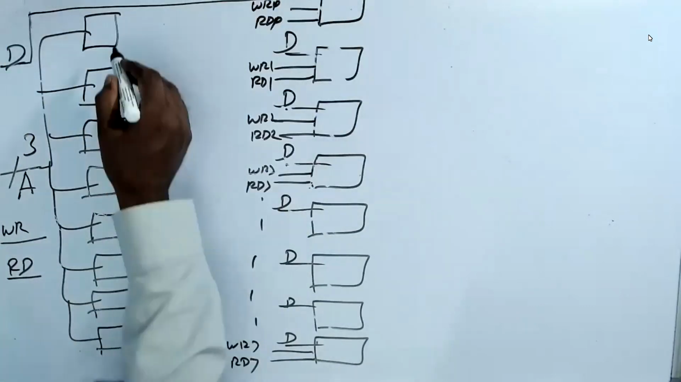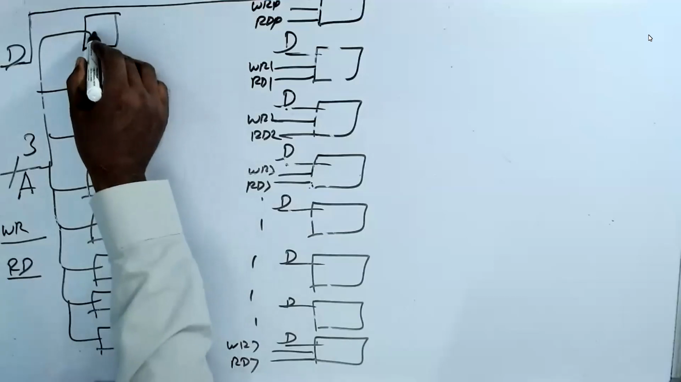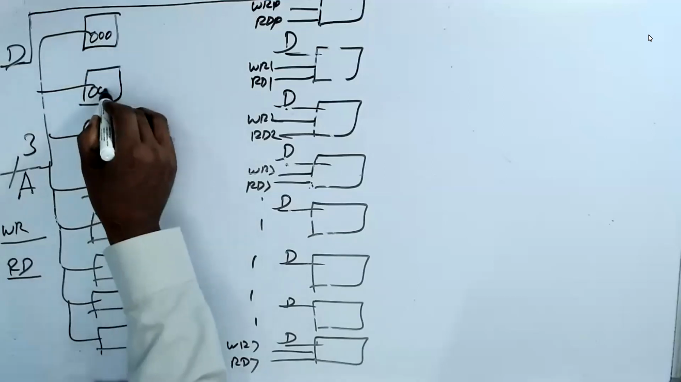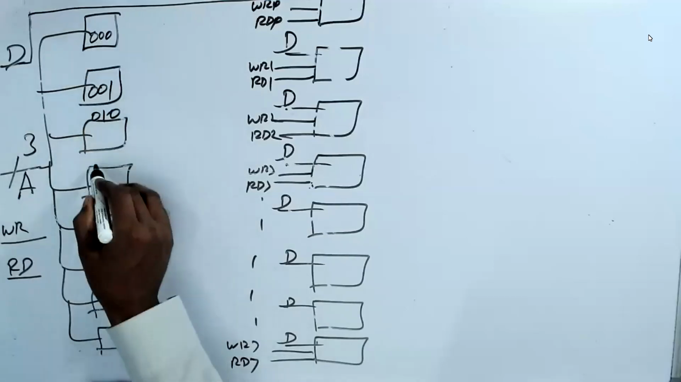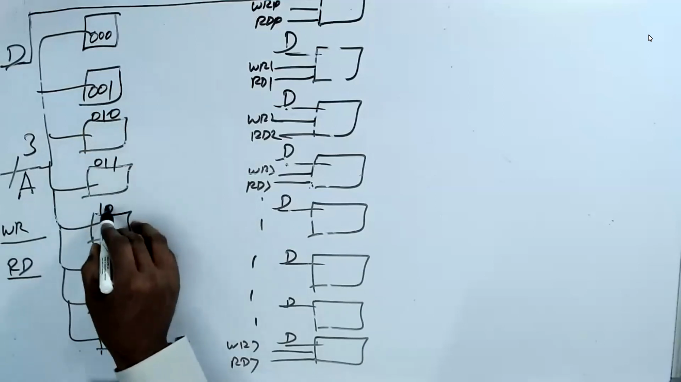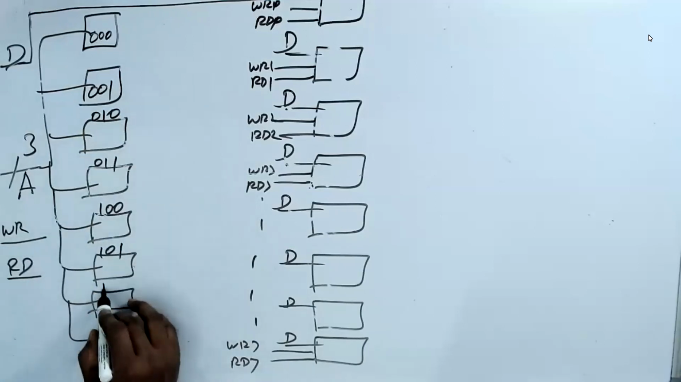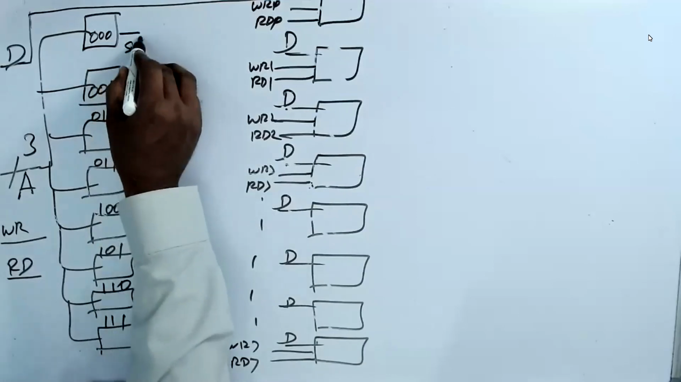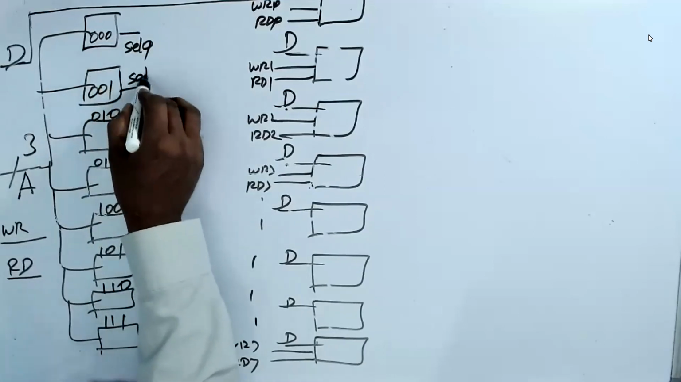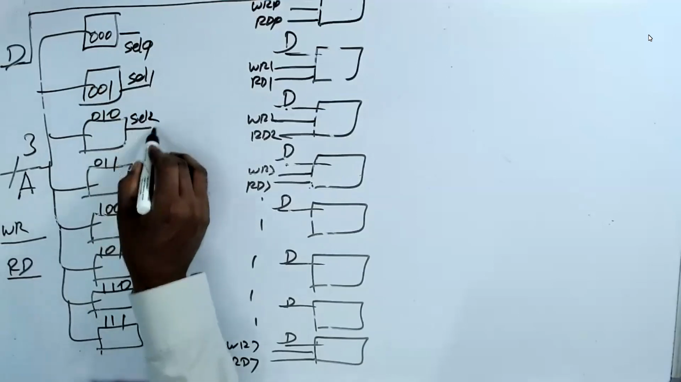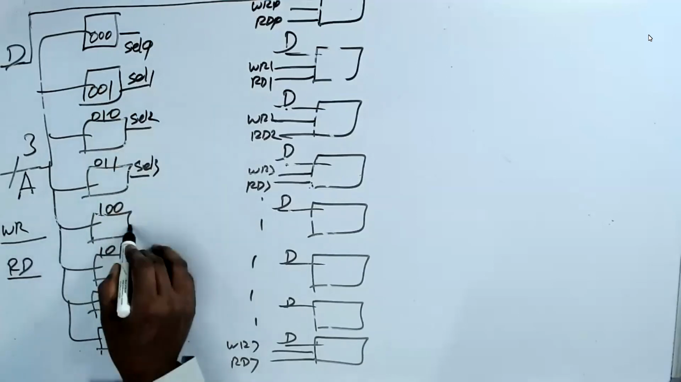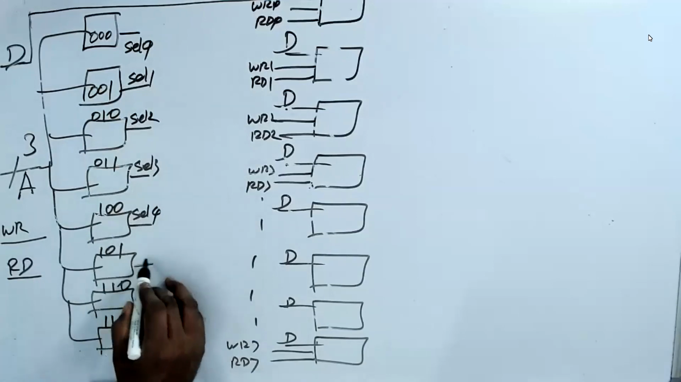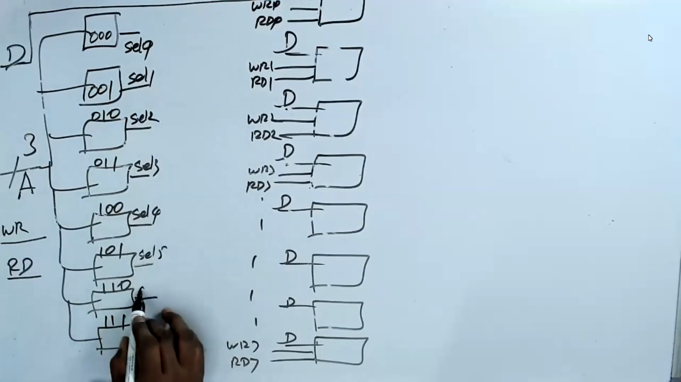Now this guy's name is 000. This guy's name is 001, 010, 011, 100, 101, 110, 111. These are called select 0, select 1, select 2, select 3, select 4, select 5,